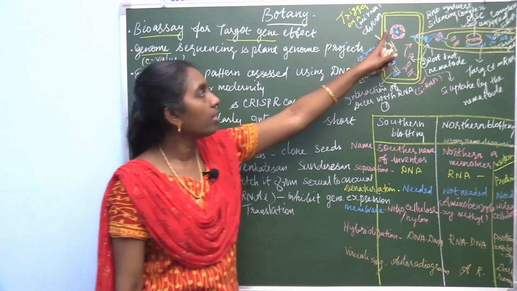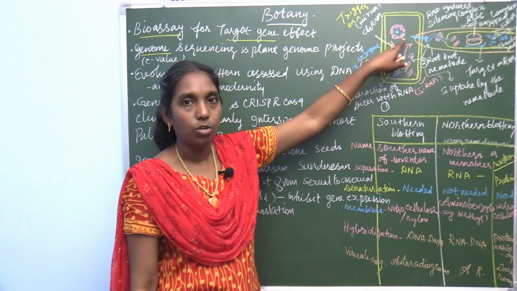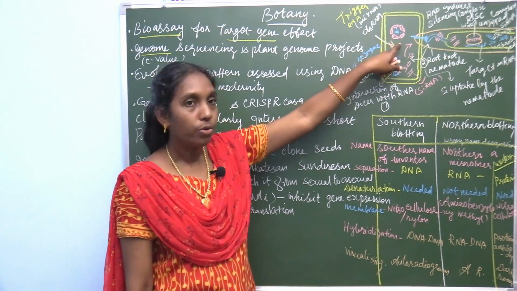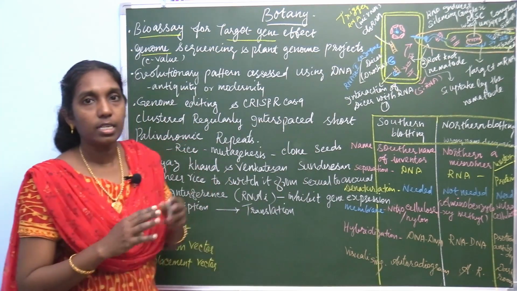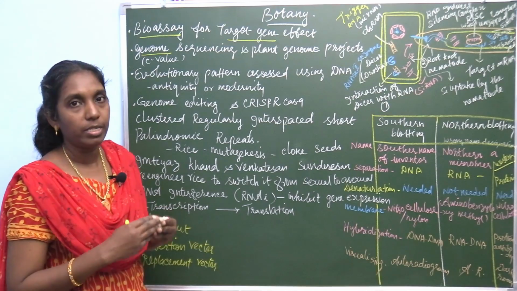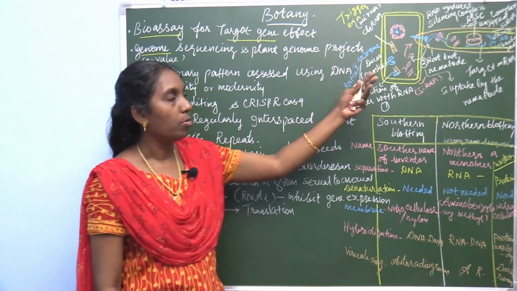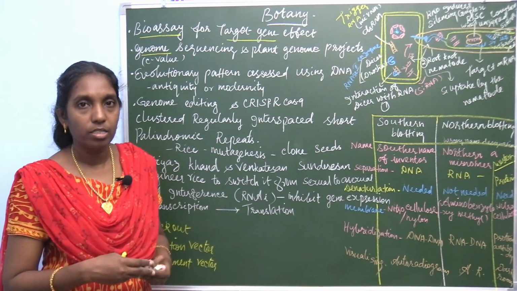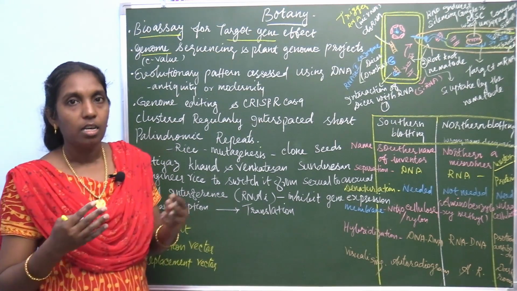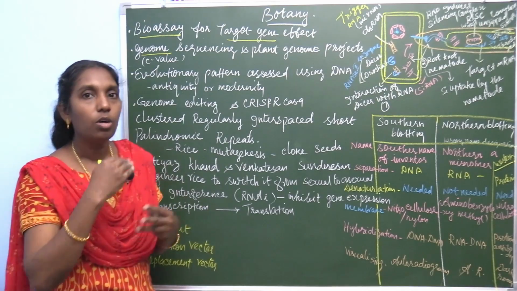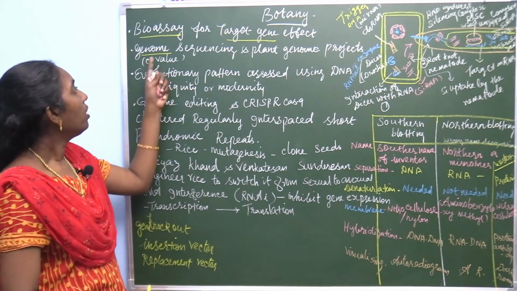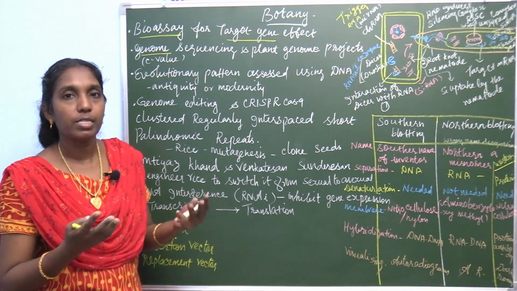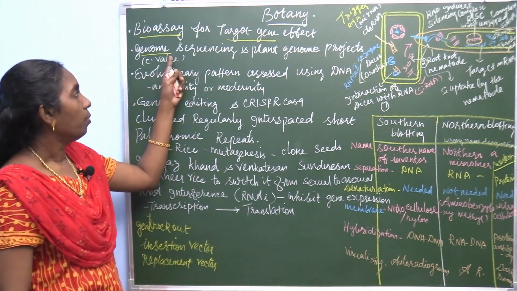If you take a cell, in the nucleus, the genes located in the nucleus, present as genetic material, form the nuclear genome. Or it is present in the mitochondria, called the mitochondrial genome, or in the plastids. All these genes, the totality of all genes which express the characters, are called the genome.